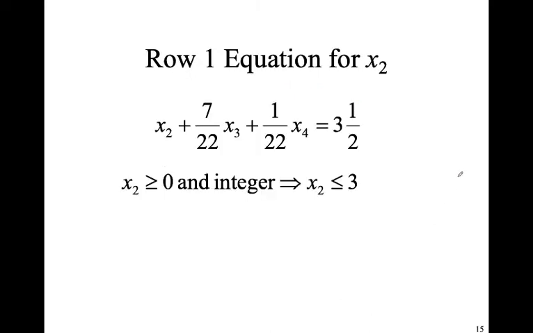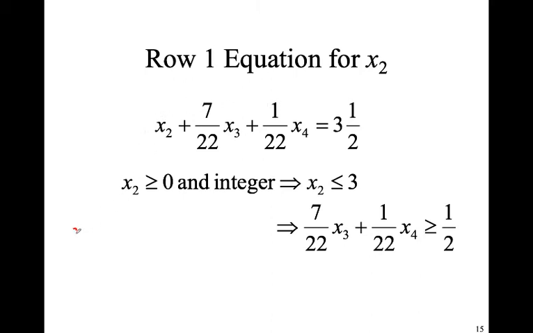And now, since x2 is greater than 0 and an integer, the value of x2 we cannot take beyond 3.5, we have to take it less than 3.5. And since we are going to consider the value as an integer, the value of x2 could be less than or equal to 3. In the next step, what are we going to do? We are going to separate the integer and fractional part. Because look at this equation.